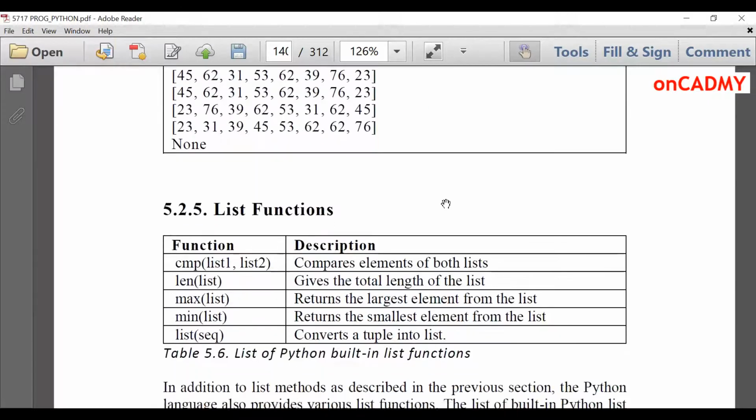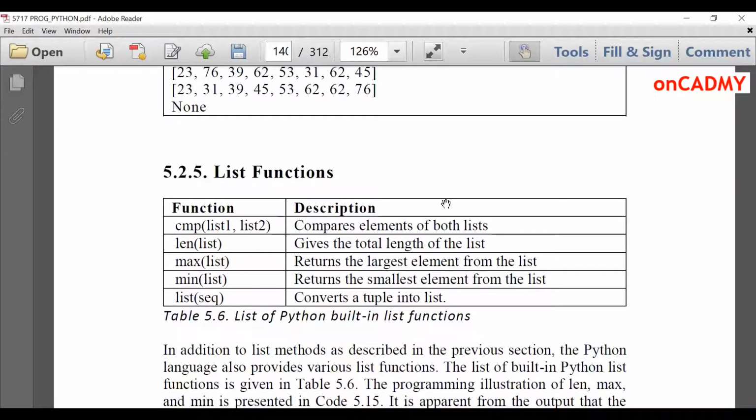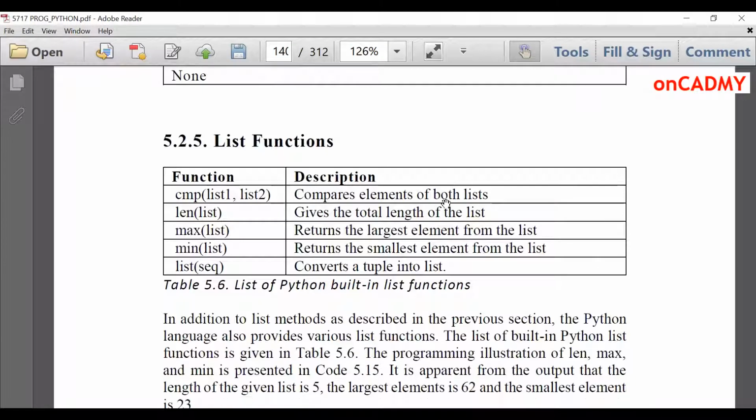Next are list functions. There are a few list functions available which are very important. First one is cmp, which is comparison. This is used to compare two lists, whether they are equal, less or greater. For that, you can use the cmp function. Then len of list gives the total length of the list, how many elements are in the list.